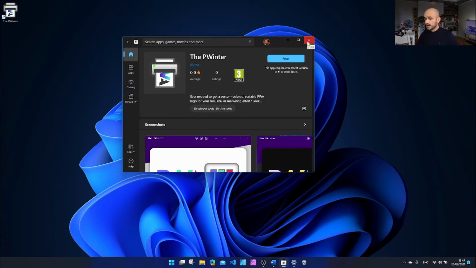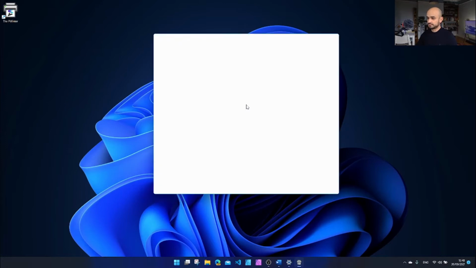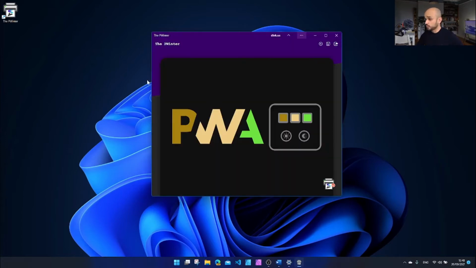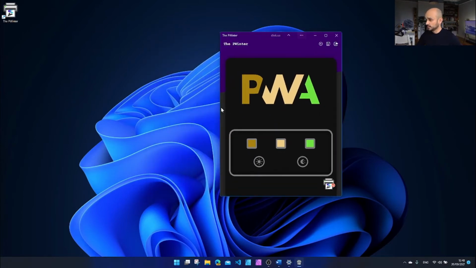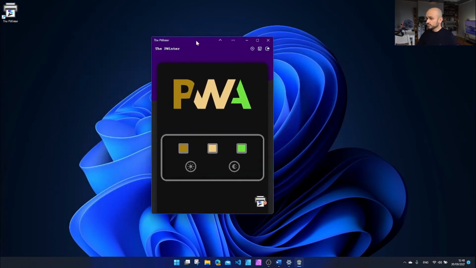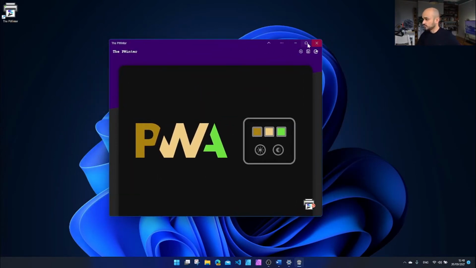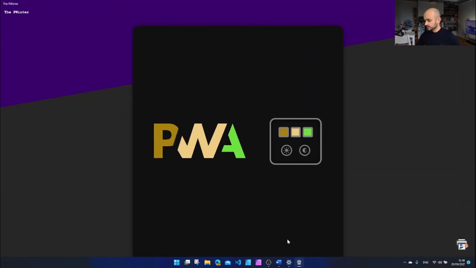So now that we've gotten the acquisition out of the way, we're going to start talking about a couple of things. First of all, responsive design and theming. This might be quite obvious, but if it's a modern web application, you expect this web application to be responsive to the layout that you're going to be using this application in. Now, this is not a surprise for our PWA printer, and you can see how it's actually adapting to the layout of the screen.